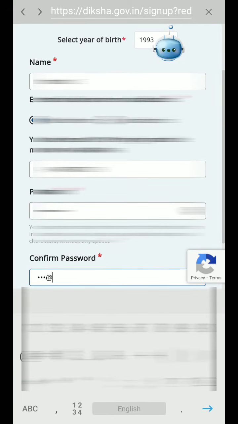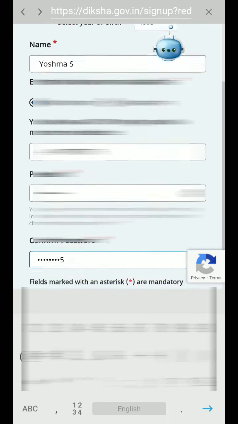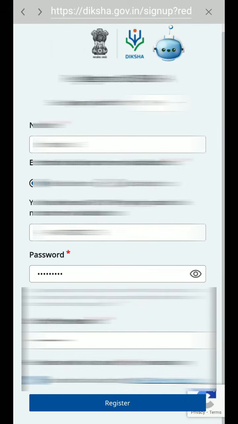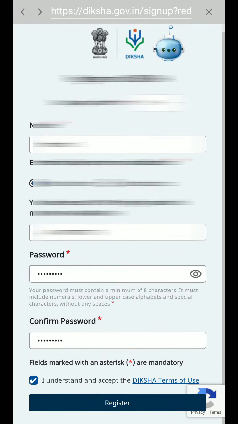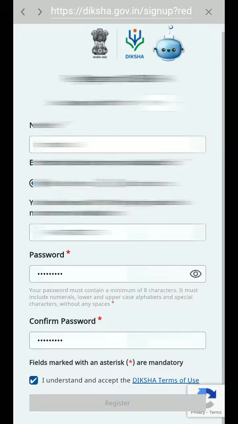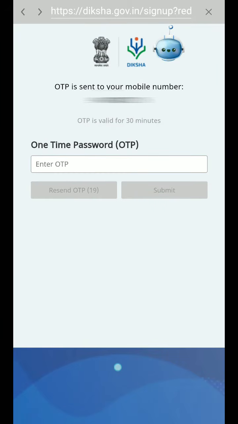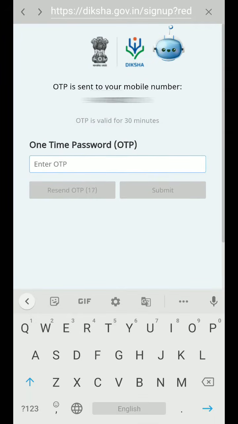Then type the same password in the confirm password box. Accept the terms and conditions. Click the register button. An OTP will be received in your mobile text message box. Enter the OTP and click submit.